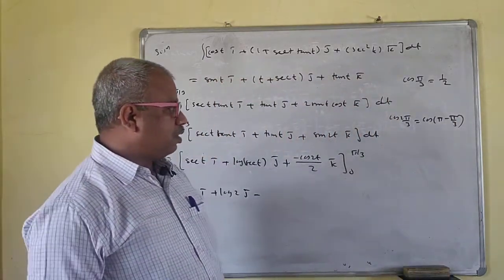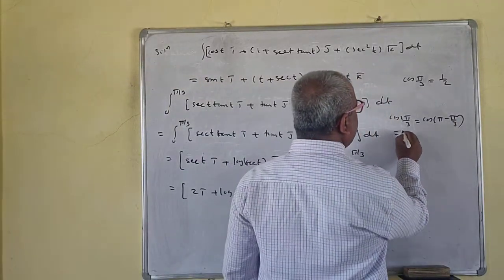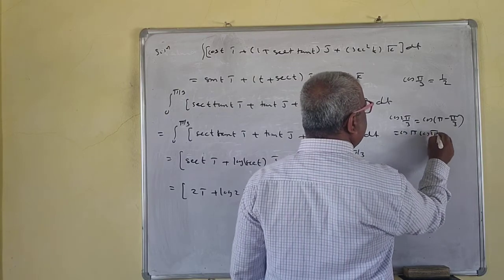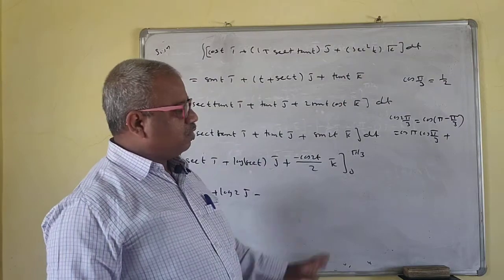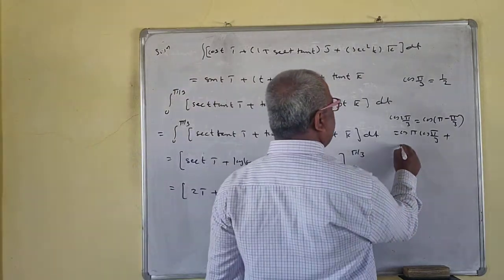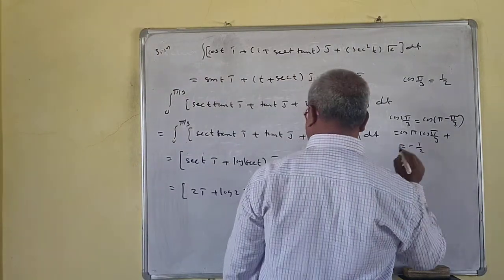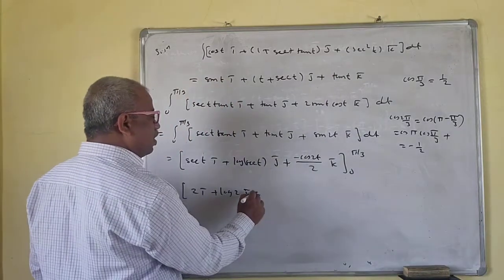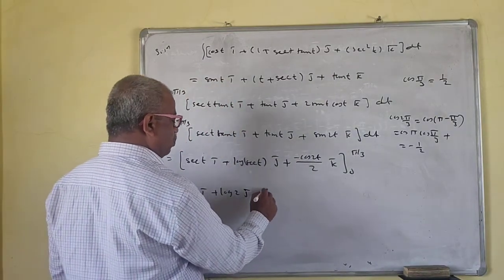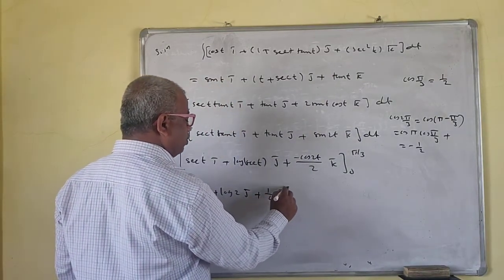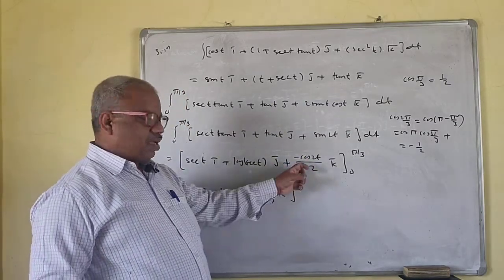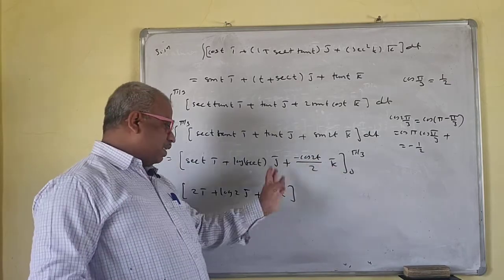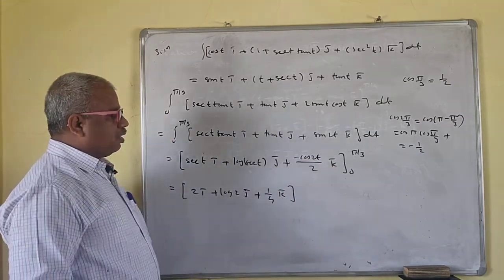Cos pi minus pi by 3. So this is cos pi by 3 plus sin pi by 3. Sin pi is 0, so the second term is 0. Then minus cos pi by 3, which is half. So this is minus half. Minus minus becomes plus half. So this is 1 by 4 k bar. You have to take care of this half now. This is minus half, and this cos 2 pi by 3 is minus half, which becomes plus 1 by 4.